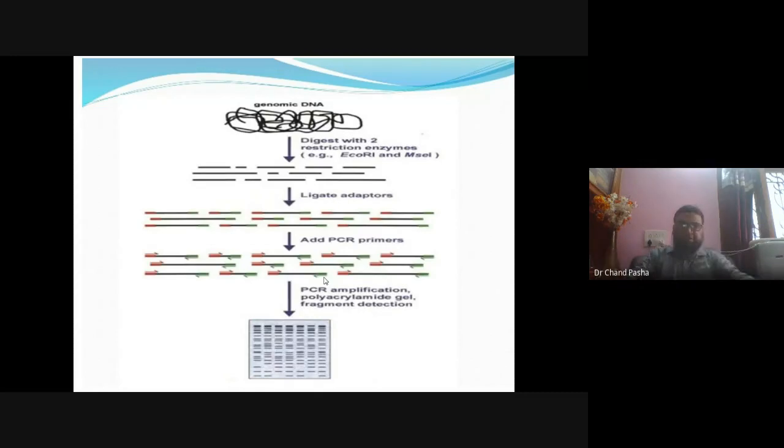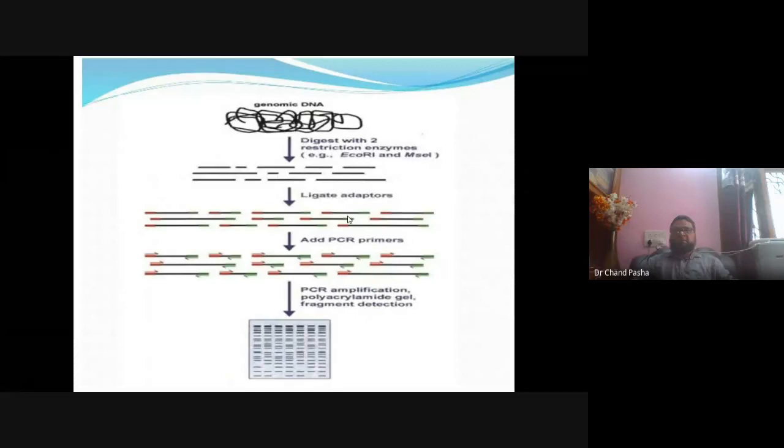So what we'll do here, you can see, the genomic DNA is cut with a specific enzyme, suppose EcoR1. Then you will be attaching adapters at both the ends. Adapters are, see, EcoR1 cut I have made there, and I will be keeping some extra bases to it. This adapter will serve as a primer for doing the PCR.